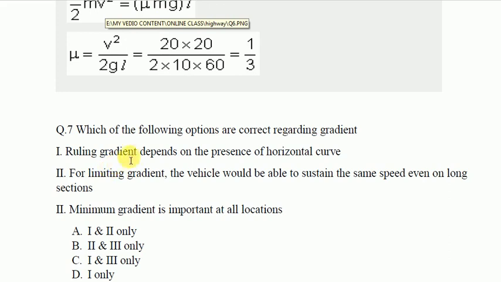Statement 1, ruling gradient depends on the presence of horizontal curve. Statement 2, for limiting gradient, the vehicle would be able to sustain same speed even on long sections. And statement 3, minimum gradient is important at all the locations.